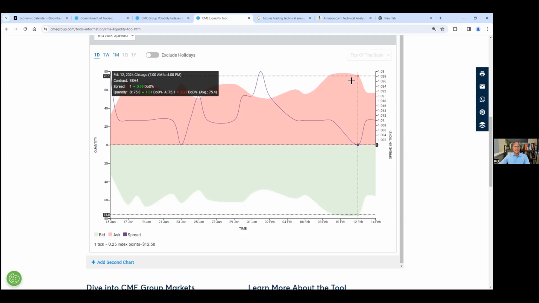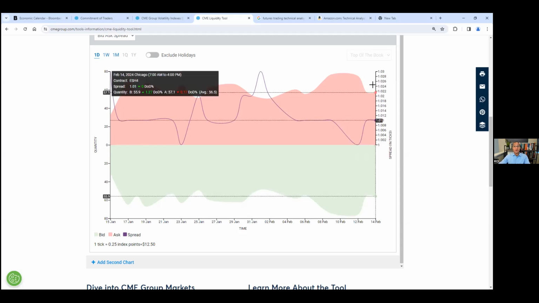So what does that mean? 75 contracts on average on the bid, 75 contracts on average on the ask. Do we see any type of skew there? No. Is that a fair amount of liquidity? You can kind of see. But if we go towards, let's say,